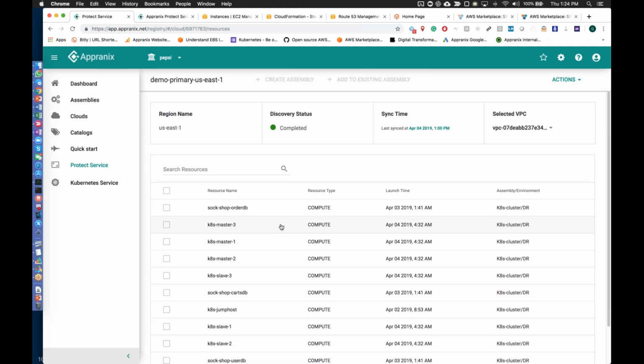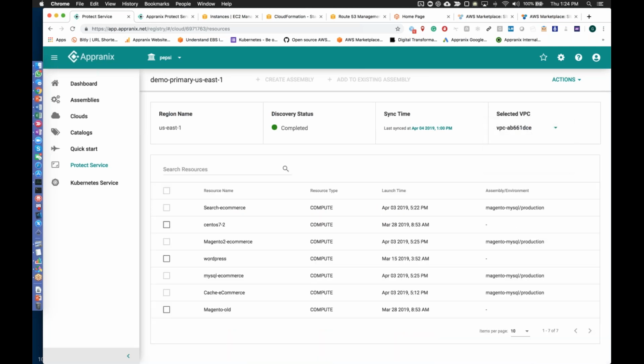By the way, here we will only show you the virtual machines because it's easy to look at from the virtual machine point of view, because we have to give something that's familiar to the operations people. So what you have to do is to go ahead and create so-called assemblies. An assembly is a representation of your cloud services in infrastructure as code form, which is basically CloudFormation in the AWS case. And all you have to represent is an assembly consisting of your application.